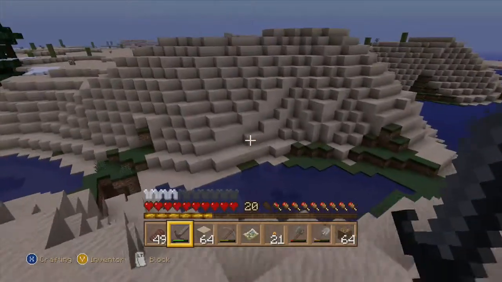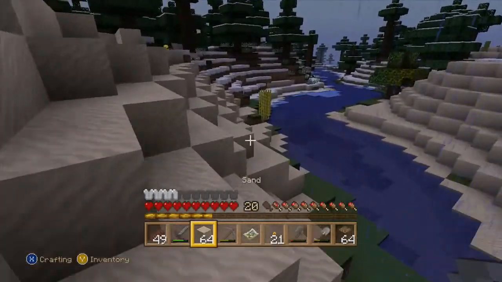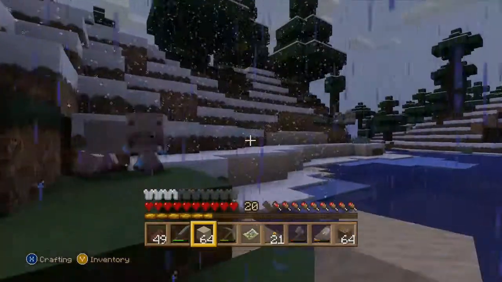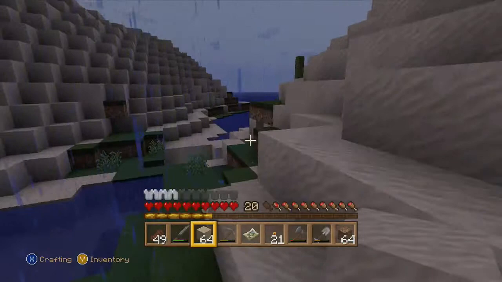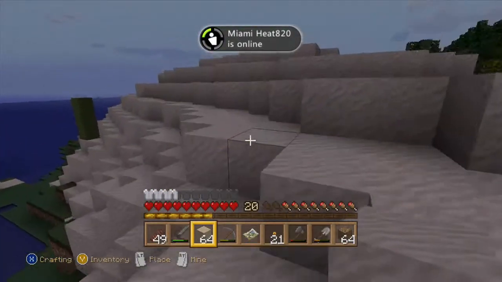Is it me, or does it look like it's starting to get dark a little bit? So hopefully we'll run into some sugarcane. There we go. There it is. We don't need a lot. Just a little bit. Can we pick it up? Yep, we got it. Four is plenty. Alright, let's get back to our...